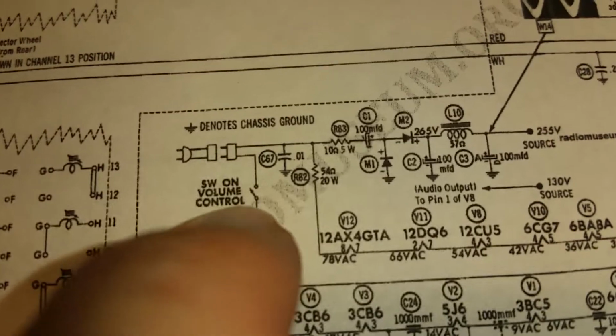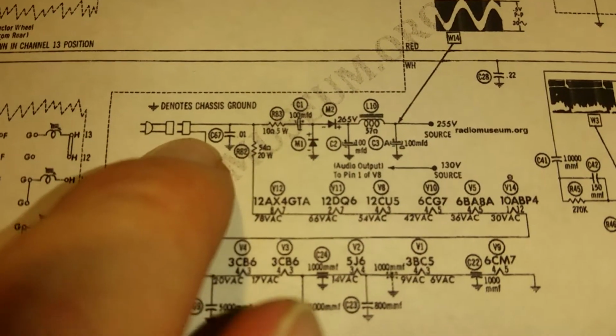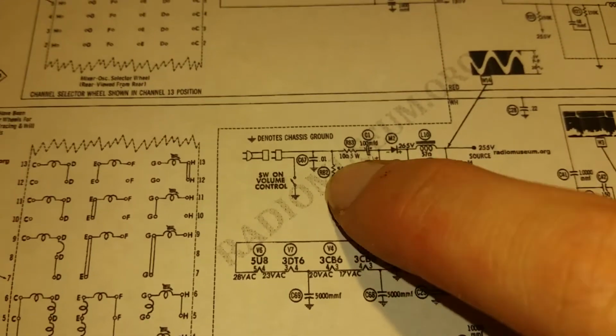So, I'm looking on the schematic. Oh god. That's bad. Oh well. So I'm looking at the schematic, and I'm looking at what's in line with the power cord. So you plug it in. It goes through a 0.01 capacitor, which...